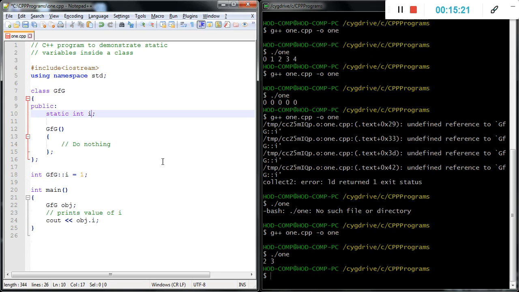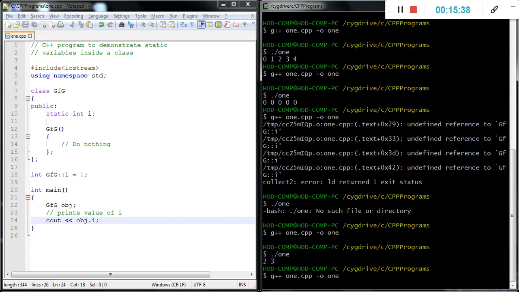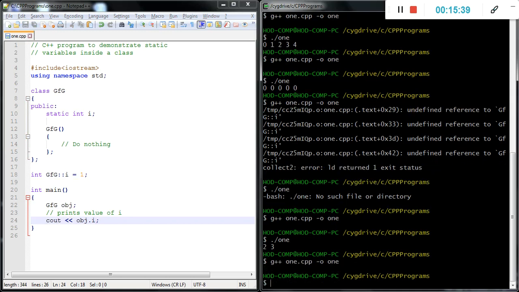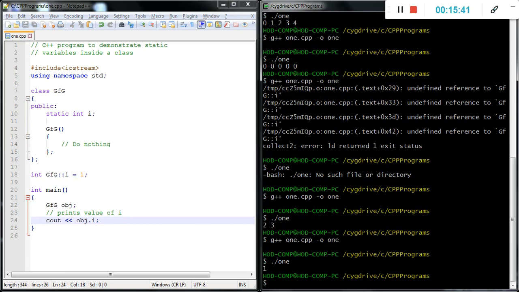Means we cannot mention it inside the class like I is equal to 1, it gives an error because we cannot initialize it there. Then we create the object for the class and print the value of I. Just to verify the output, and again we will change it with some modification. It prints a 1, right?